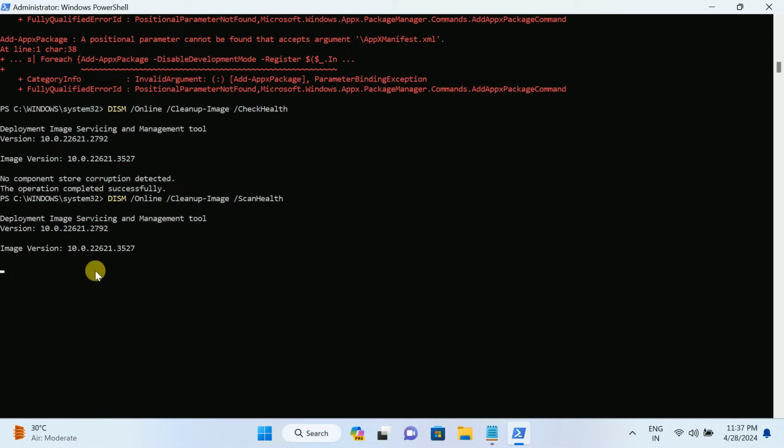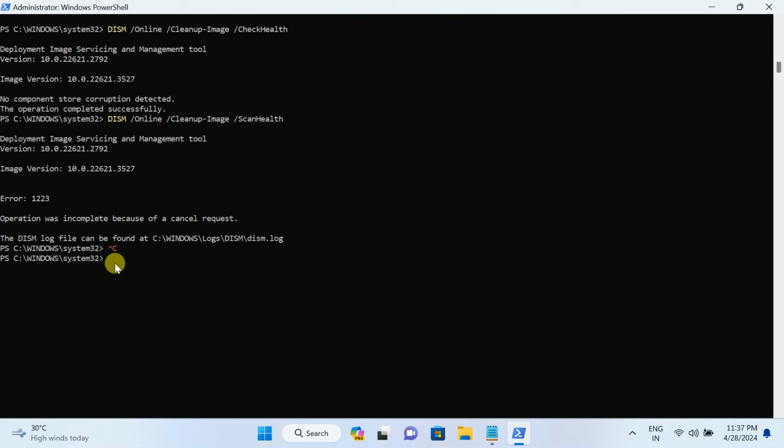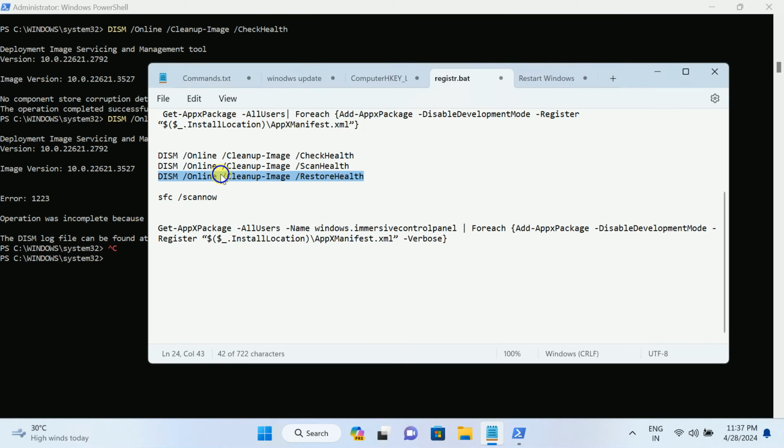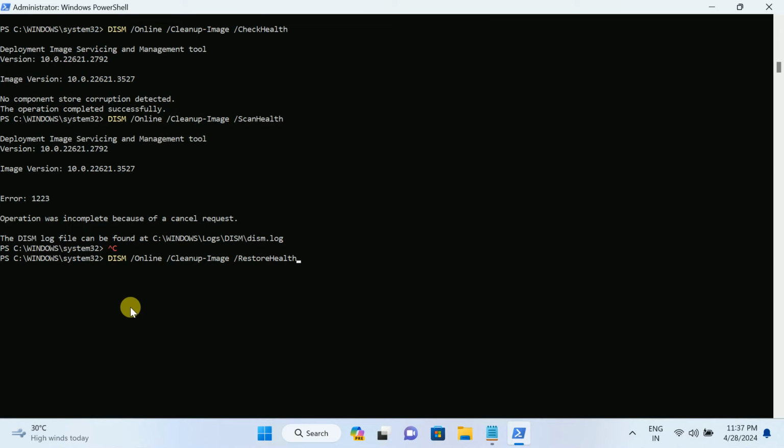And once this command is done guys, let me hit the restore command here. The third command you need to enter here. Just copy this, and this will be pasted. Now this is the most powerful command to restore the health of the image, so make sure it goes to 100%. And if it found any corruptions, you just have to restart the system guys,